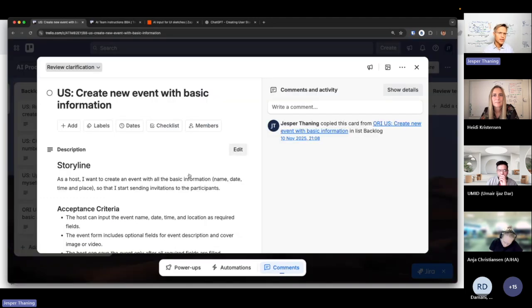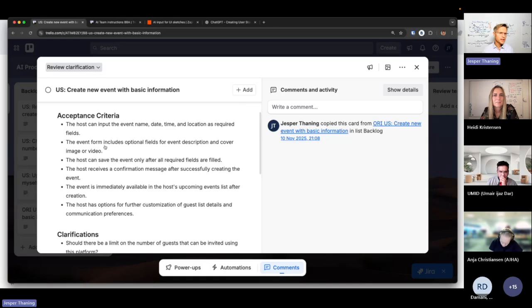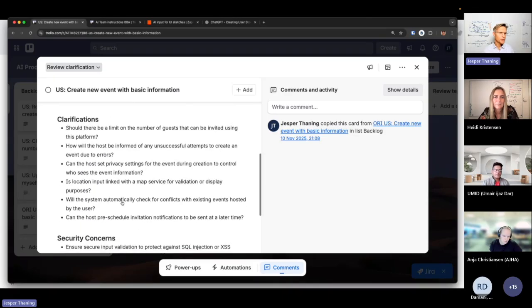And if I open it, it now has some acceptance criteria down here. So it says that I should input event name and date and time, could be an event description and cover image or video. It actually thought about that already. I can show you that it also has some context in a few seconds. In here, I could read what the input is from AI. It also has some clarifications. Should there be a limit of number of guests that could be invited? Well, perhaps not in the beginning, but I could get some good inputs also about what to consider when creating